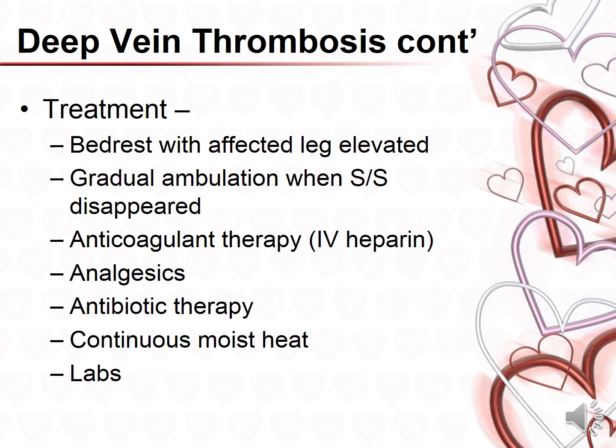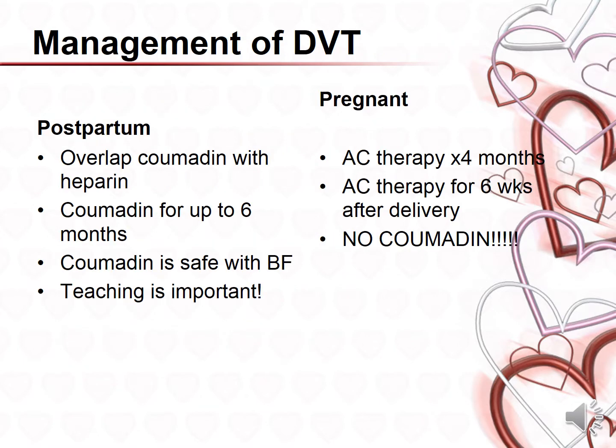Bed rest: affected leg must be elevated. We will gradually help her with ambulation when the signs and symptoms have disappeared. She will probably be on IV heparin, analgesics, antibiotics. We will put moist heat on the area, and of course lots of labs, especially with her being on IV heparin or other anticoagulant therapy. Management in postpartum: